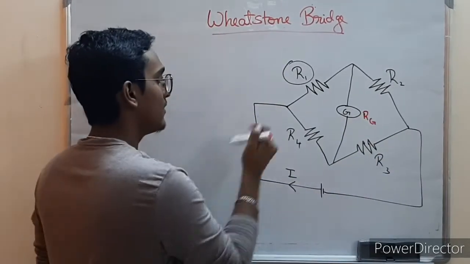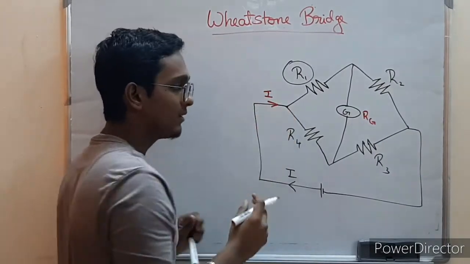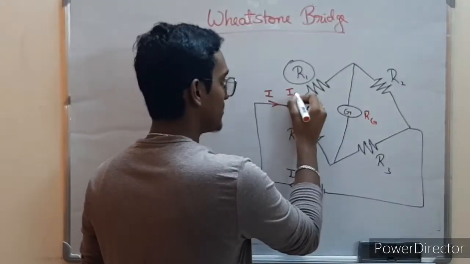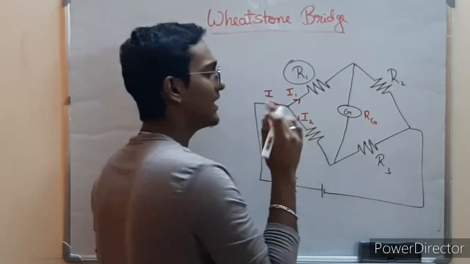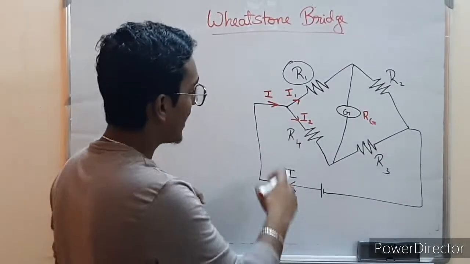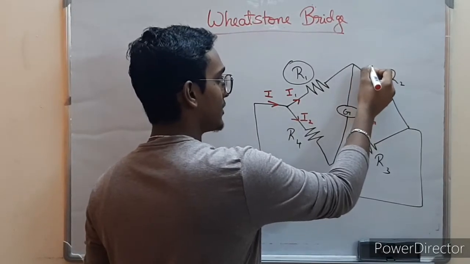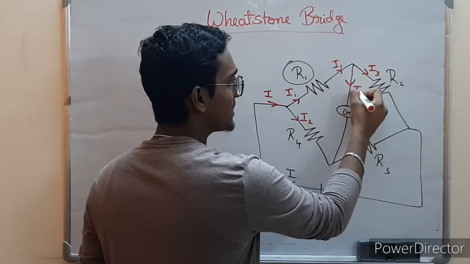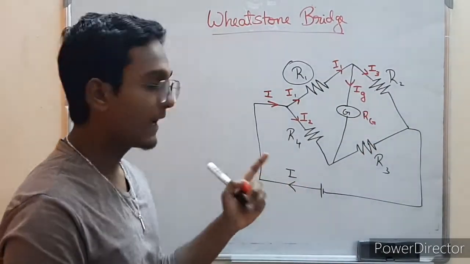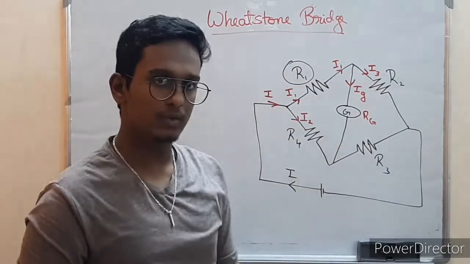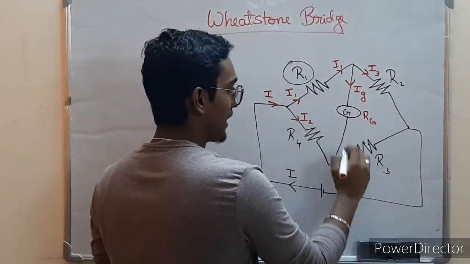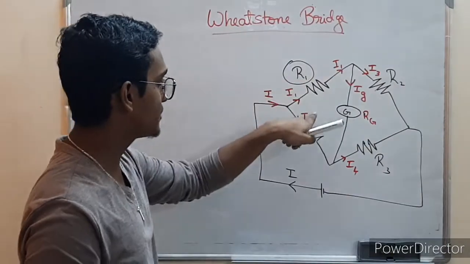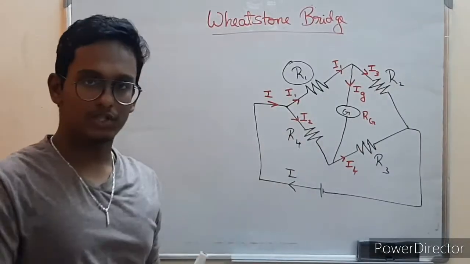Now the current I, when it enters the loop, is I, and using the junction rule we know that it must split. So this is going to be I1, this is going to be I2, such that I1 plus I2 equals I. Now again, I1 is going to split over here into I3, this is I1 as it is, this is I3, and let's call this IG. The reason I am calling it IG is because the galvanometer is the only device it flows through in the middle. Now IG and I2 combine to give I4. So there are four primary currents over here, I1, I2, I3, I4, and the other one is IG.